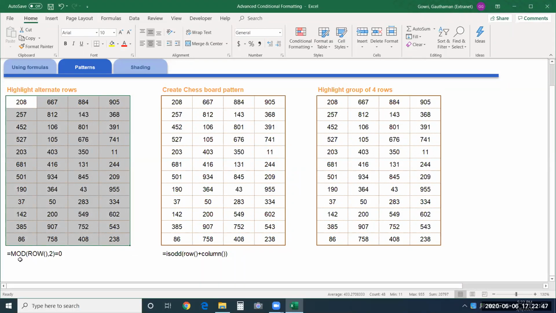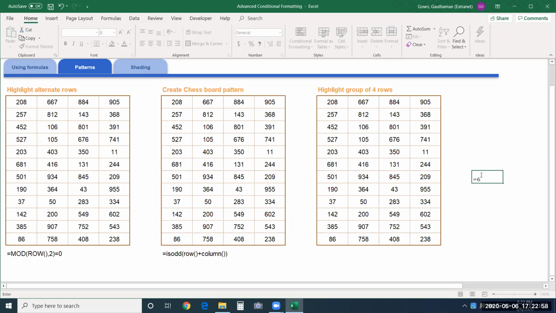So we have a function, MOD. See, MOD is going to give us an output like this. If I divide, let's say, 6 by 2, you have 0. Again, let me say I divide 8 by 3. So there will be a remainder. It doesn't divide completely because it's not a multiple of it. So in that case, you get a remainder. This MOD function is used to get a remainder.